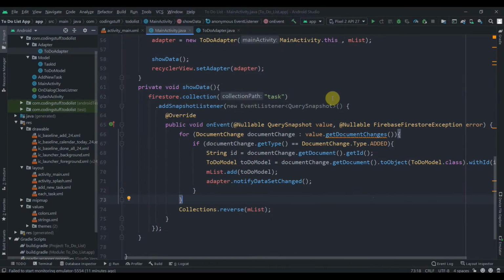Hey there, welcome back to Coding Stuff, and this is the fifth part of our To-Do List app using Firebase as a backend. In the last video, we successfully retrieved data from Cloud Firestore to our recycler view. Now in this video, we'll see how we can edit the task or how we can delete the task by